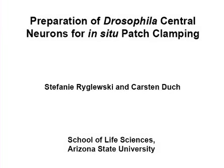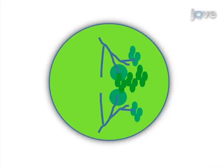The overall goal of this procedure is to prepare the Drosophila flight motoneuron 5 for in situ patch clamp recordings. This is accomplished by first visualizing the Drosophila ventral nerve cord with the GFP-tagged flight motoneurons 1 to 5 through a 40x water-dipping lens. The second step is to use a broken, protease-filled patch pipette to apply protease across the